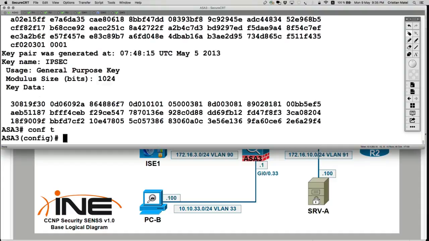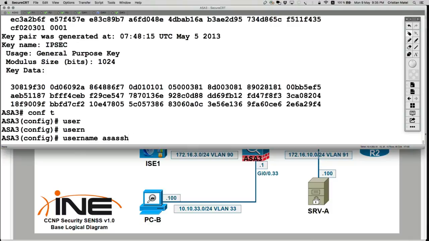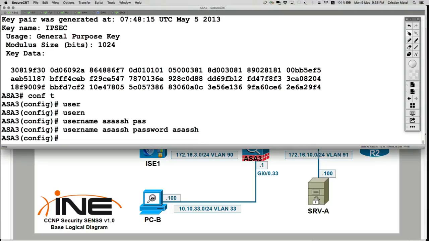Conf-t. Then we have username ASA SSH, password ASA SSH, let's say. So number 2. So number 3, enable AAA authentication,